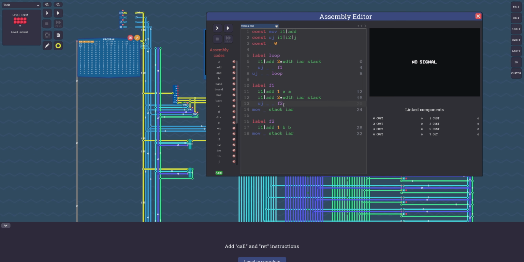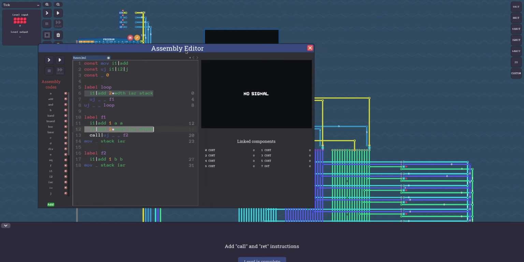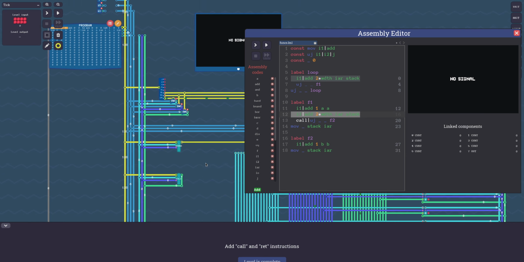But the idea is, I would add bit 16 something, I don't know how I would call it, to this instruction. So, well, I guess I would call it a call. And then it would need to perform this for free. It would need to perform this in the architecture. So actually,